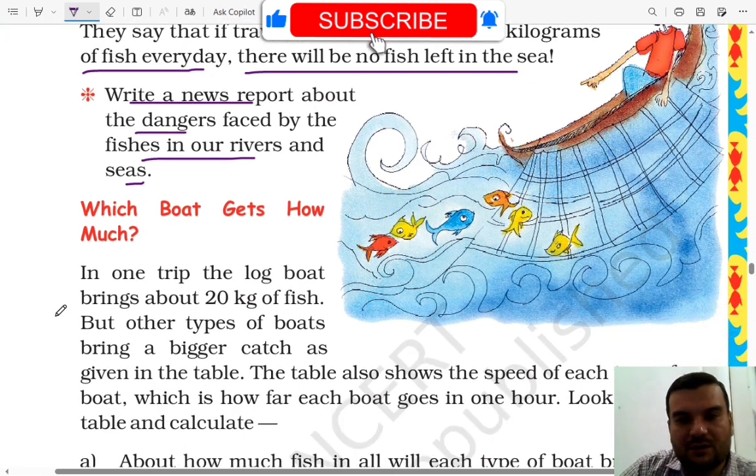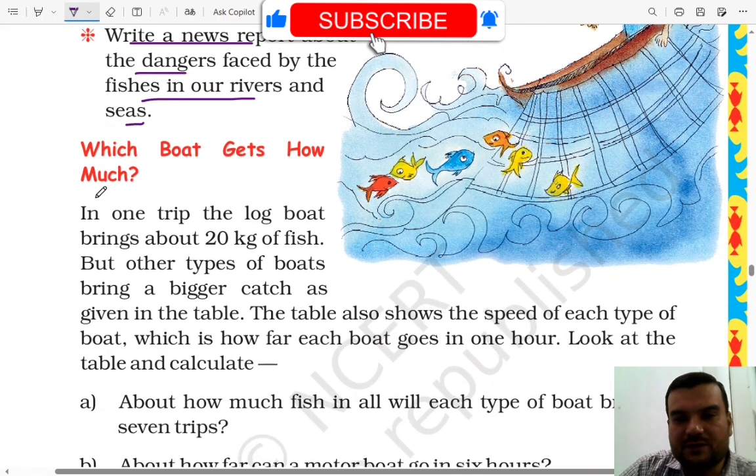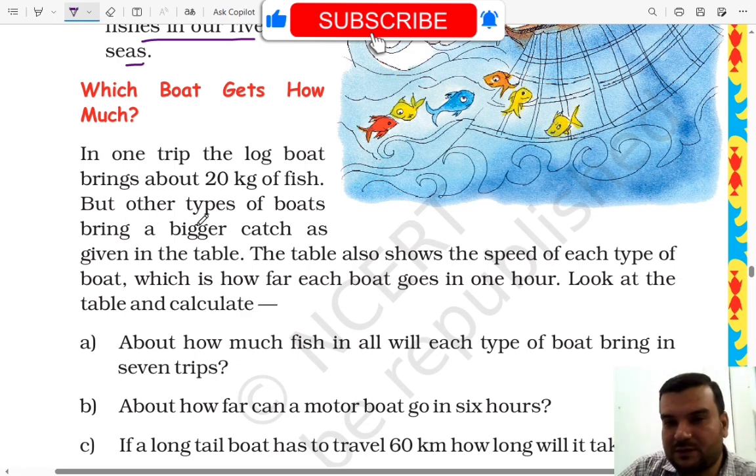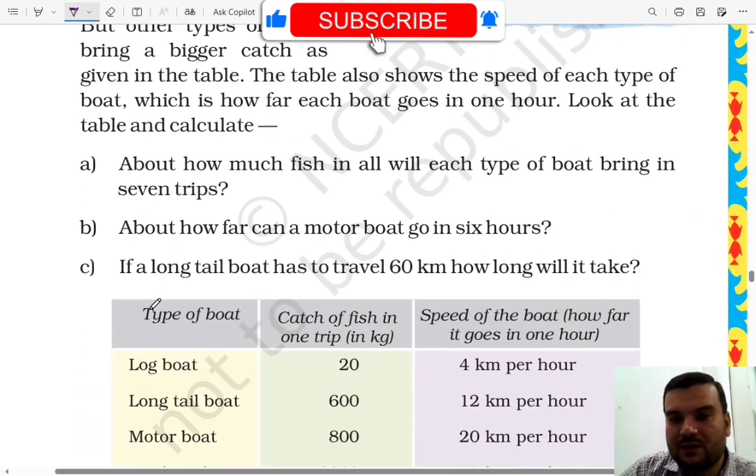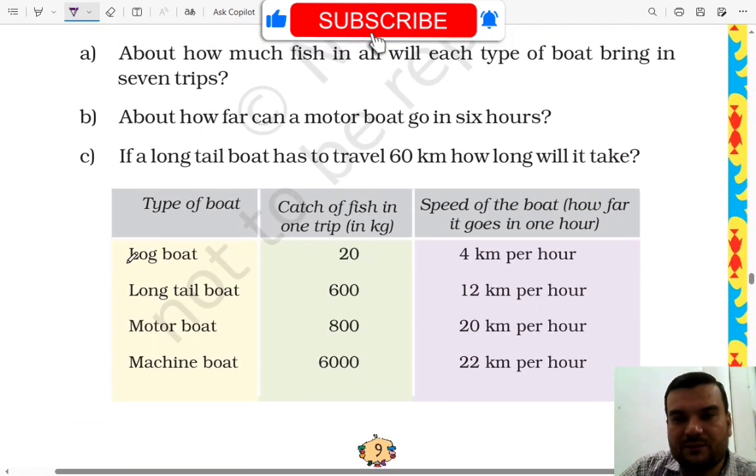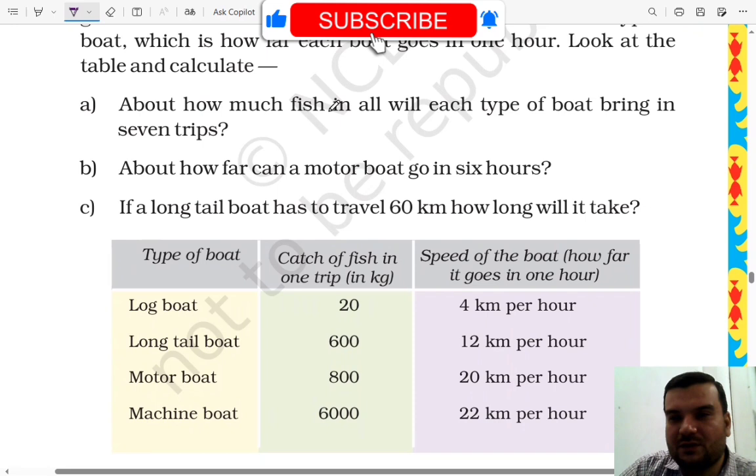Okay. Which boat gets how much? In one trip a log boat brings about 20 kg of fish. Okay, so in one trip a log boat brings 20 kg of fish, but other types of boat bring bigger catches of fish, given in the table. The table shows the speed of each type of boat, which is how far each boat goes in 1 hour. Look at the table and calculate. So you can see over here about how much fish in all each type of boat will bring us